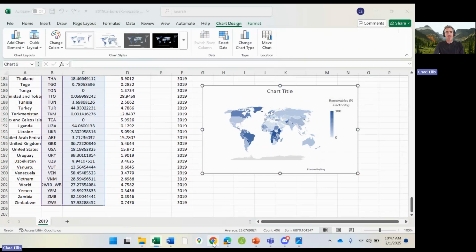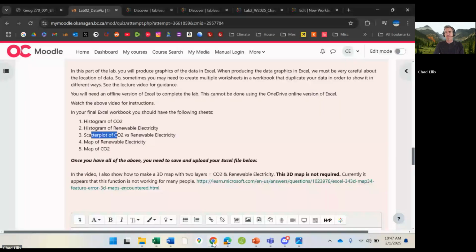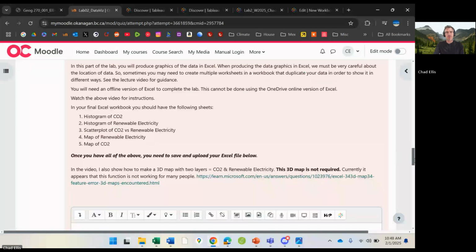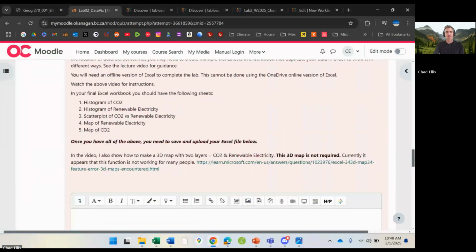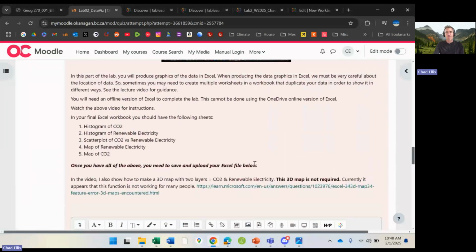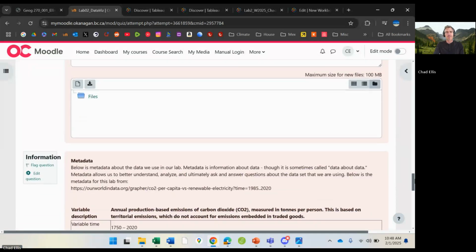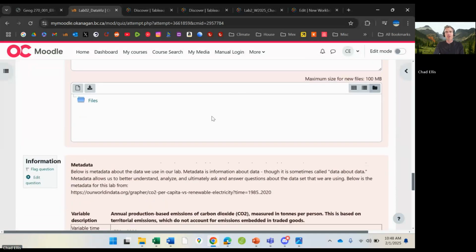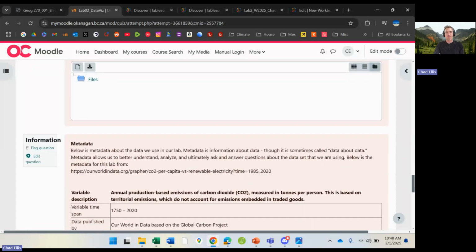Once you're done everything, there's also an option to do a 3D map, although it's not required for the lab. Okay. So once you have all that, you're going to save your Excel file, right? Save it as lab2, your name, and you're going to upload it in the drag and drop box right there. All right. So again, and then